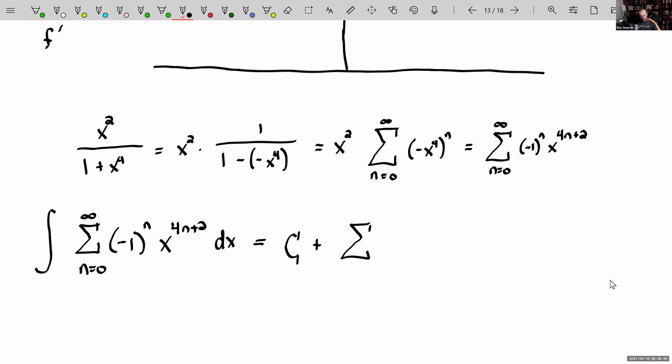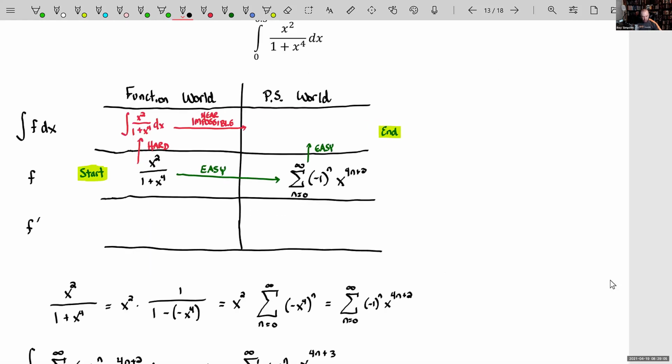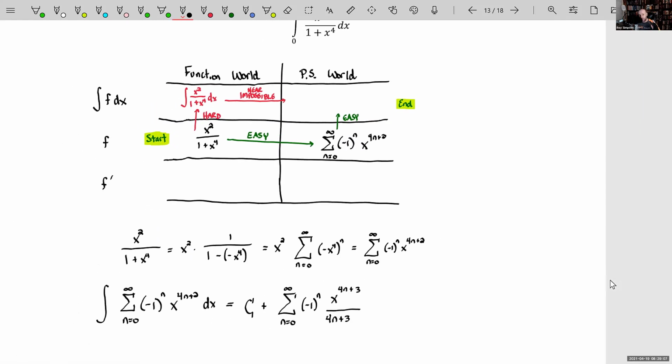Summation n equals 0. Notice I didn't reindex, because you don't when you integrate. You just get an extra constant that pops out. That's all. The negative 1 to the nth is considered to be a constant in terms of the integral. We're going to add 1 to the power of our exponent and divide by that new power. Now I've got to tell you, that's pretty rad. That is not bad. So our integral, this is by the way the indefinite integral,